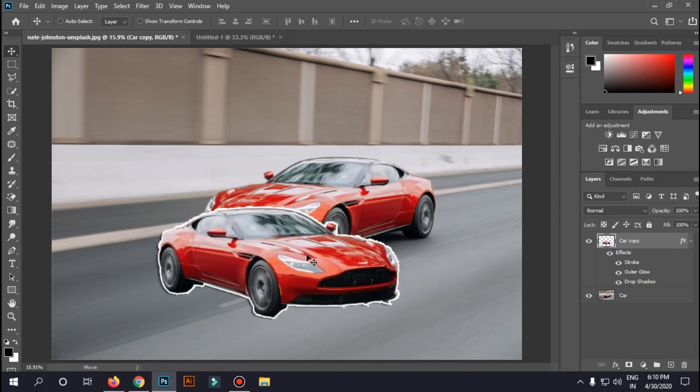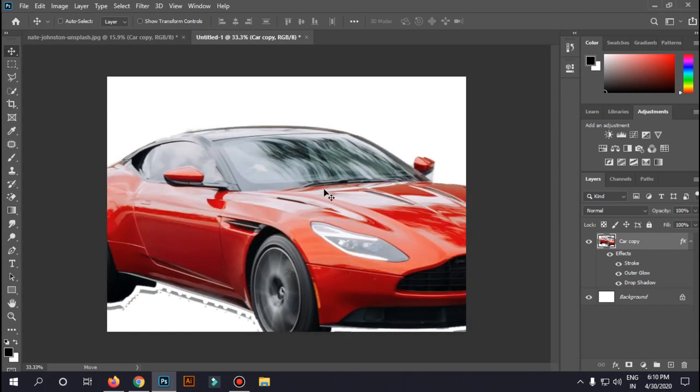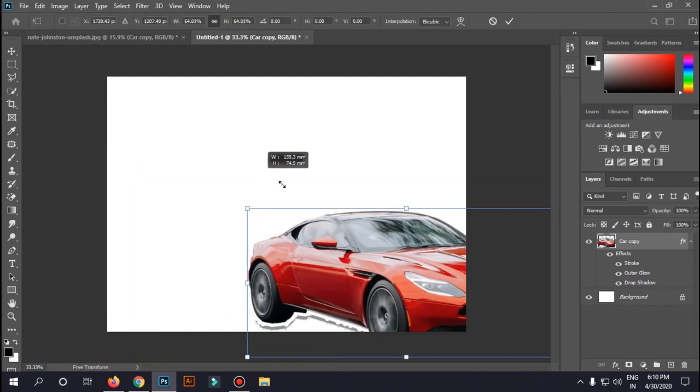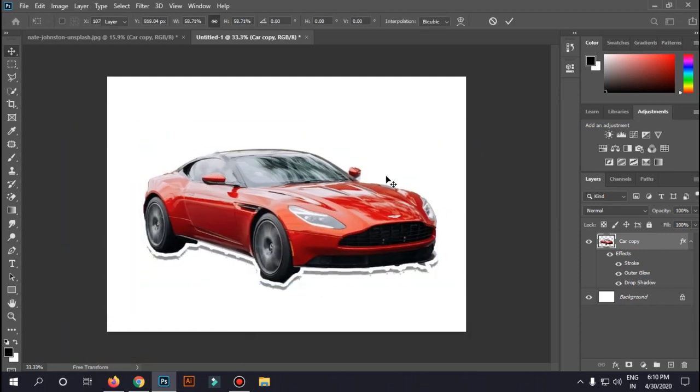Or you can just press this and use Ctrl C and Ctrl V. It will paste it for you right here. Okay, yep. And here is the eraser tool. Wait, where is it? I'm not finding it. Yep, here you can take a look at the eraser tool. Just press the right square bracket, the closing square bracket, and you can erase the car.